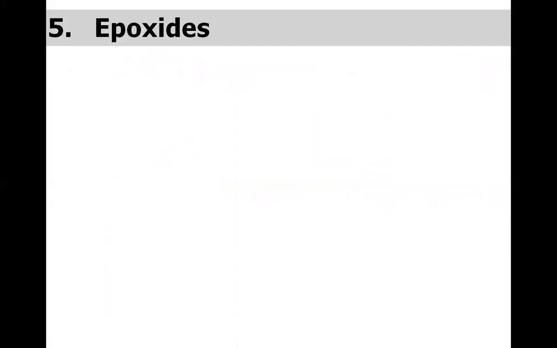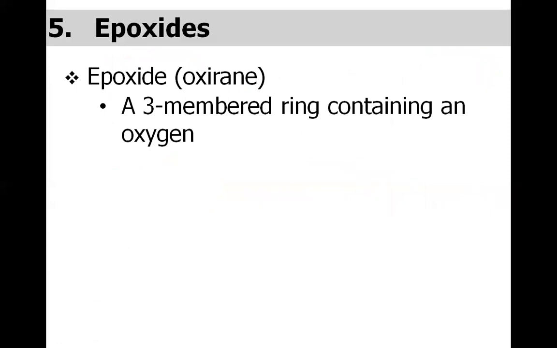Now come to the epoxides. What are epoxides? Epoxides are basically ethers, but the ether which is cyclic in nature is called an epoxide. And remember, it's a 3-membered ring which is called an epoxide, and epoxide is a general name. Oxirane is its IUPAC name. This is the structure of an epoxide. And we also have other cyclic ethers, but these are not called epoxides. For example, the 4-membered oxygen-containing cyclic ether is called oxetane, and so on.